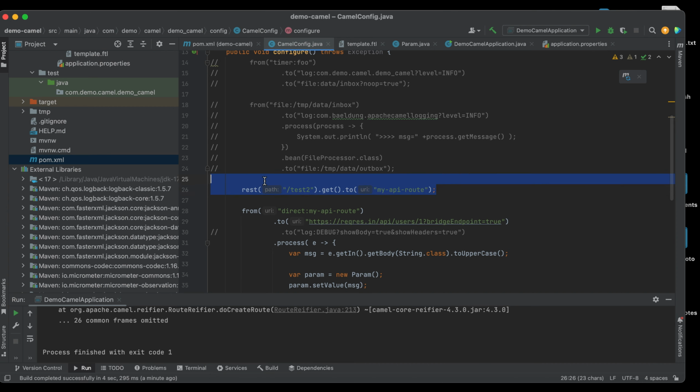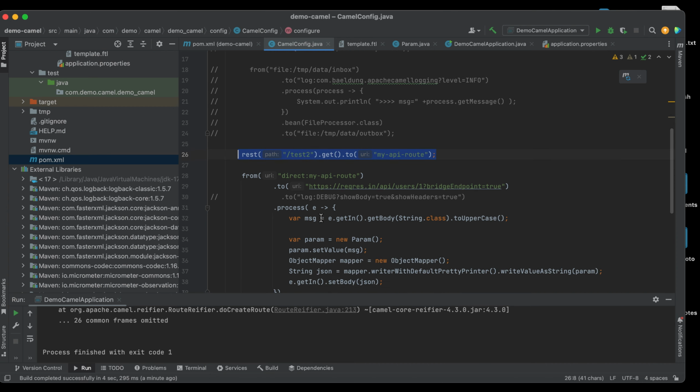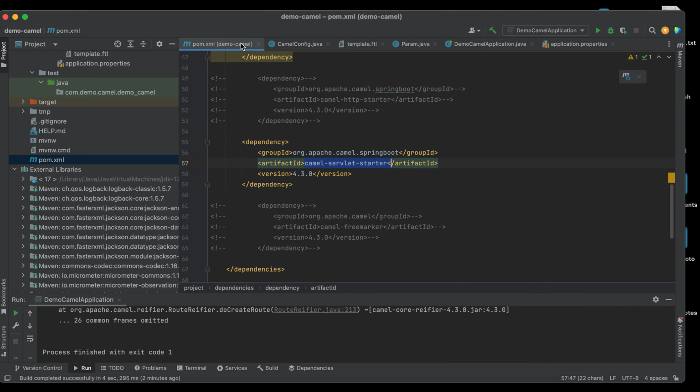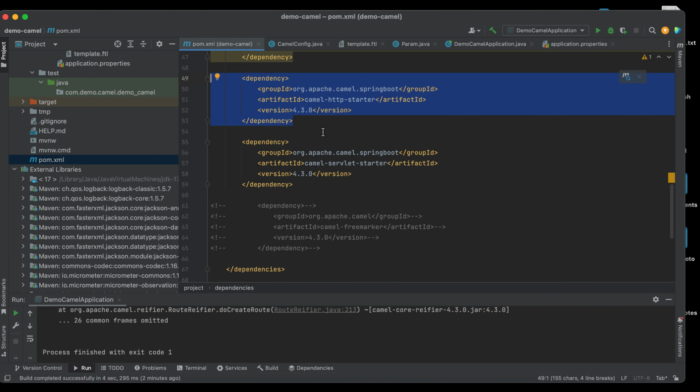But then again, we also need to direct from this endpoint to this HTTP component. That's why we also need to add this HTTP dependency, the Camel HTTP starter.